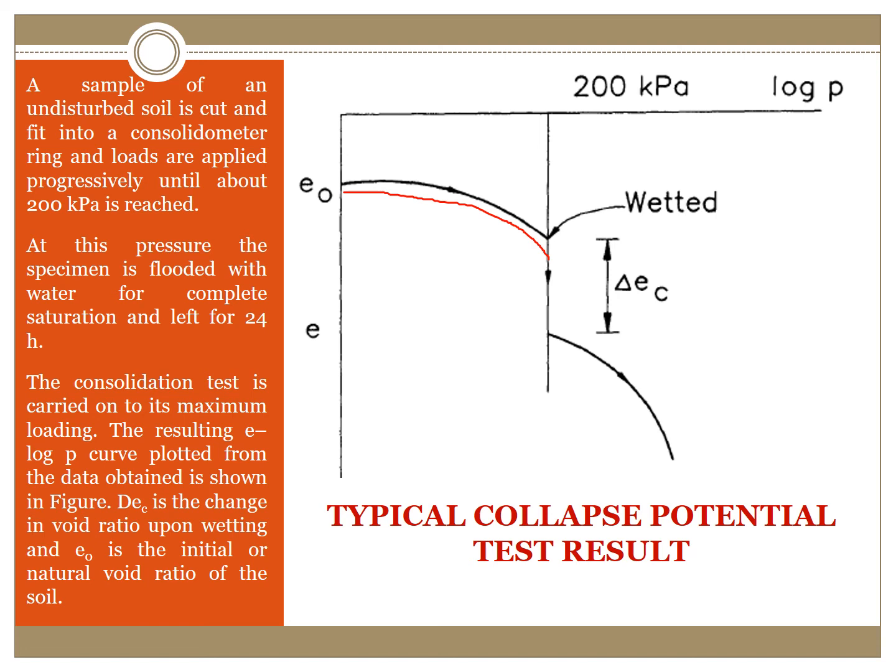After saturation, the equilibrium void ratio at the same pressure suddenly decreases by this amount, which is delta e_c. This vertical line represents the collapse of the soil, and this curve is the usual consolidation curve when the load is applied to the collapsed soil.